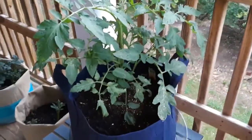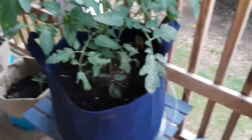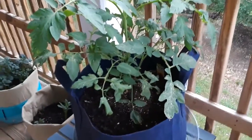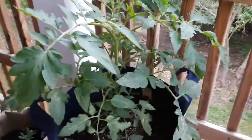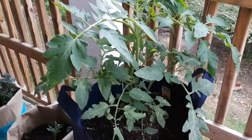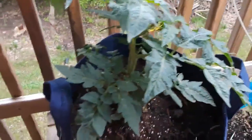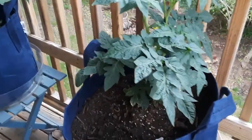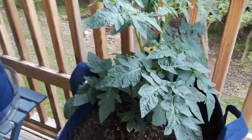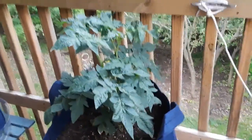And now we're probably about, this is the second floor, so we're pretty high up here. That one's doing very well. That is an early girl. I thought I was buying a cherry tomato and didn't realize I picked up the wrong one, but that's all right. And then this one is called a patio tomato, so it is going to stay short. I haven't tried either one of these, but they're both doing good up here. Then I have this. I just bought a